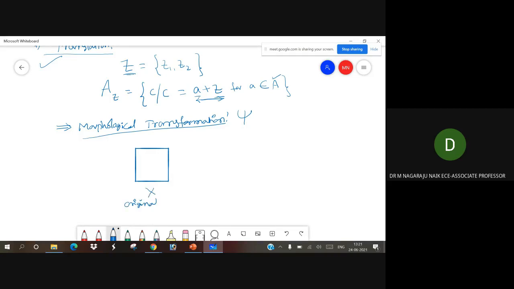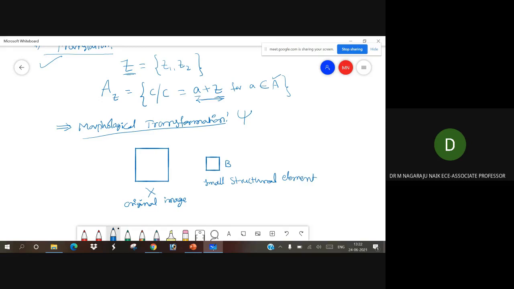original image X, and this is your B. That means it is a small structural element.